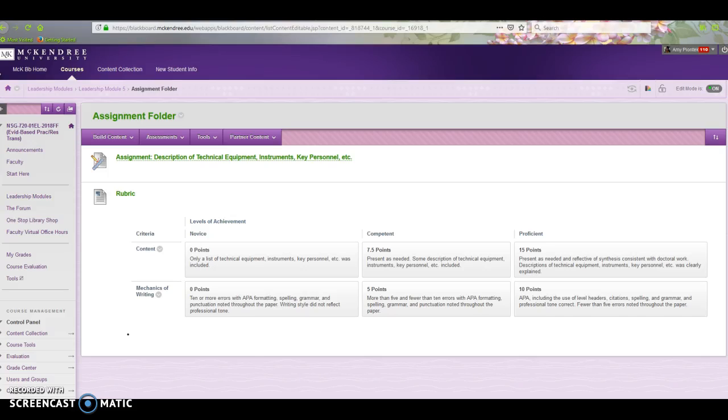I just wanted to go over with you the assignment that is going to be due this Sunday. It's the technical equipment, the instrumentation, and the key personnel. So I wanted to start off by saying that not every project is going to require technical equipment. So in that parameter, when you're writing your paper, you can just simply state this project does not require technical